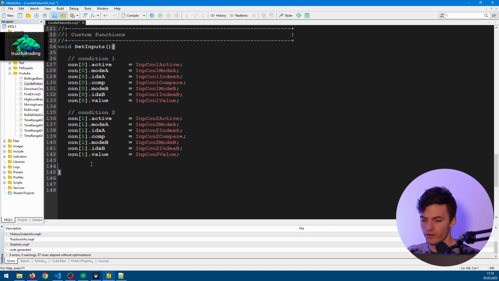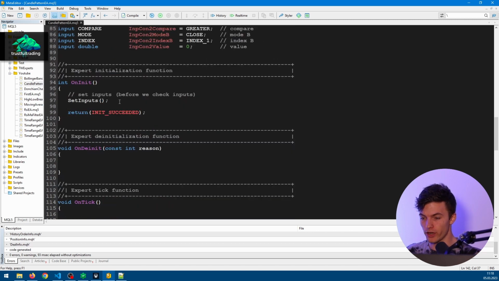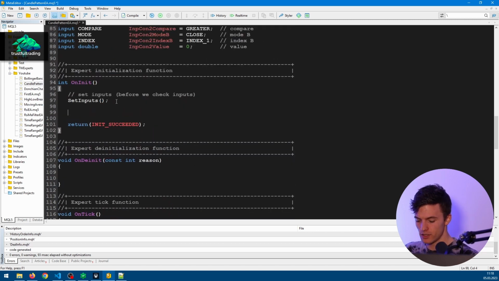Okay, so I think that's already it for the set inputs function. So now we have all our inputs ready in our condition array. Let's compile, and we can see no warnings, no errors. Okay, so now the next step would be to check the inputs. So we can go up again to the OnInit function, and here after the set inputs, now we can write